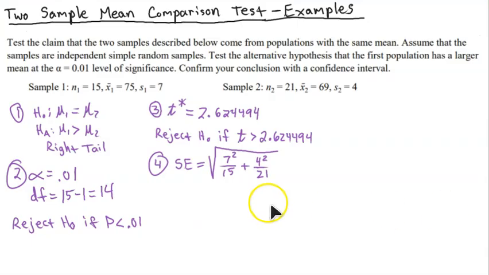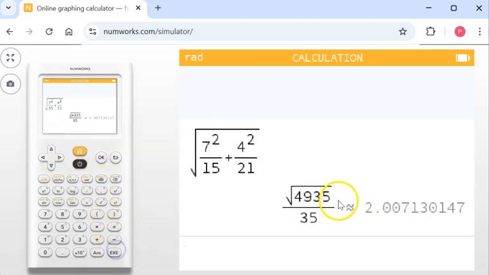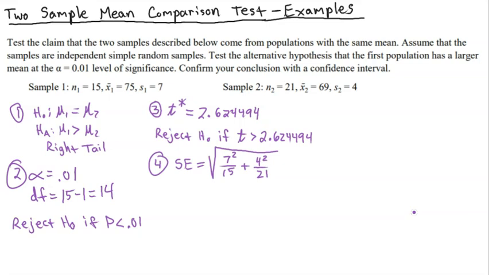Let's make sure here. 7 squared over 15, 4 squared over 21. Good. And now execute, and our standard error is 2.00713. We can drop this 0 because it's not rounded, so 007 and then 13. So our standard error is